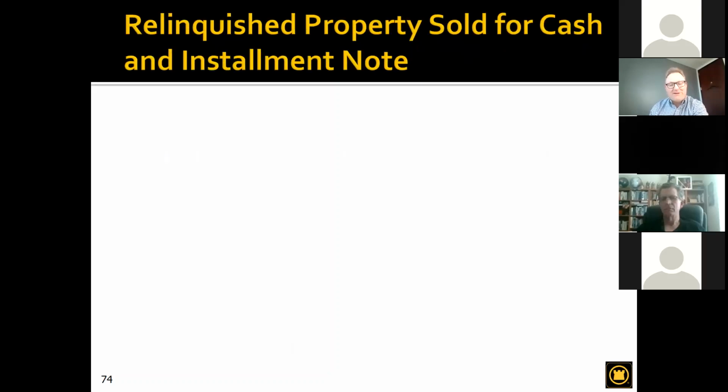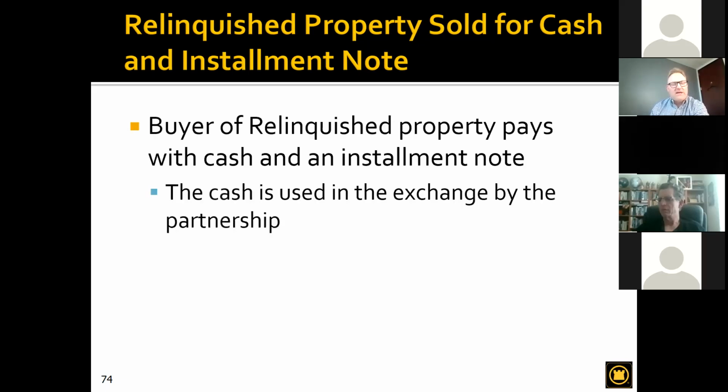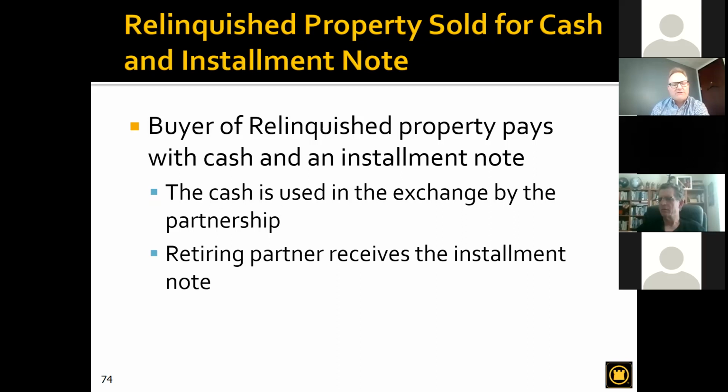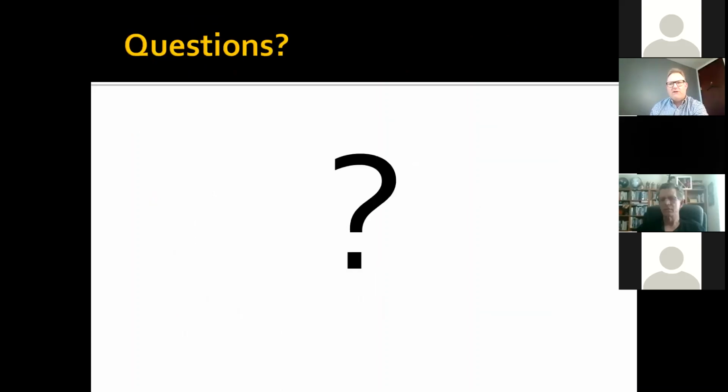The other option here is to do it with the relinquished property sold for cash and an installment note. If the retiring partner is willing to take that installment note, the cash is used in the exchange by the partnership, and the retiring partner obviously would get the installment note and then pay tax over the length of the note. So those are all just a couple of different ways for partnerships to dissolve and allow everybody to do what they want. So that brings us to the end of our